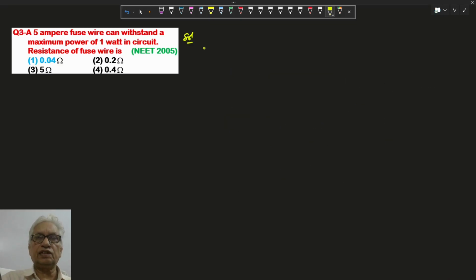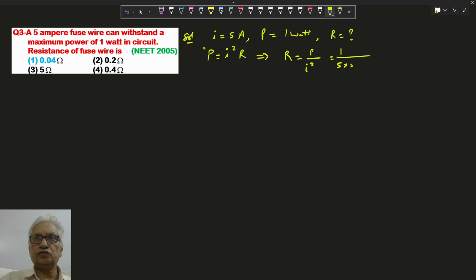5 ampere fuse wire: the current here is 5 ampere, the power rating here is 1 watt. We have to find the resistance of this wire. Power is equal to I squared R, so resistance equals power divided by I squared. Power here is 1 watt, current is 0.25, so that is 8.04 ohm. This is the resistance of the fuse wire. So here option